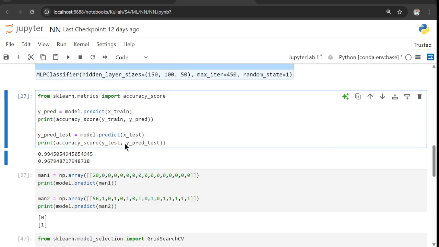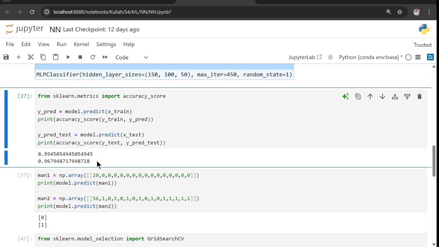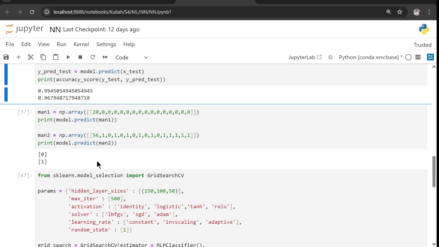Then after that, I do model evaluation. After training, I evaluate the model on both training and test data using accuracy. I import accuracy score, and this will test our model accuracy. The output is right here, close to 100%, close to 1, I mean. So that's a good model.